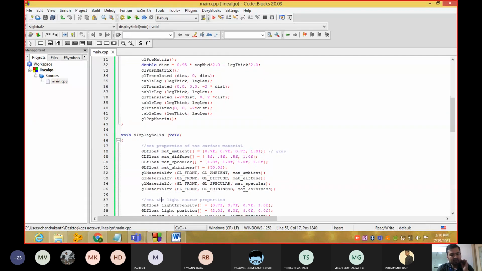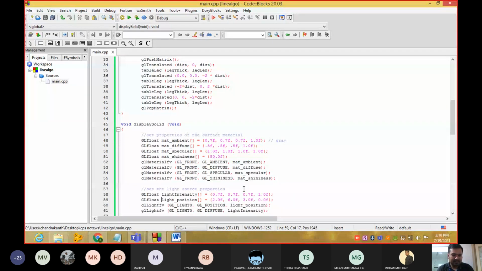And we are supposed to assign the colors to that one: ambient light, diffuse light, specular light, and shining light. These are all inbuilt functions, guys. You are not supposed to write the code for this one.